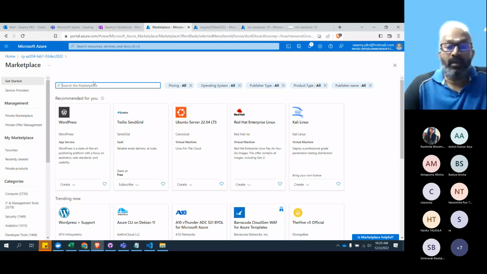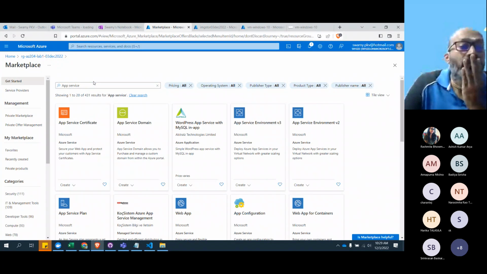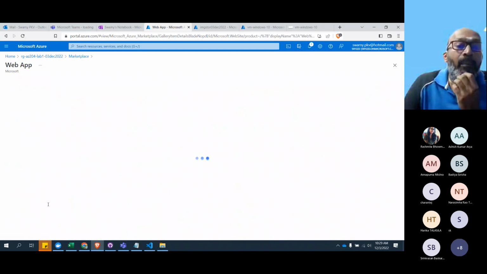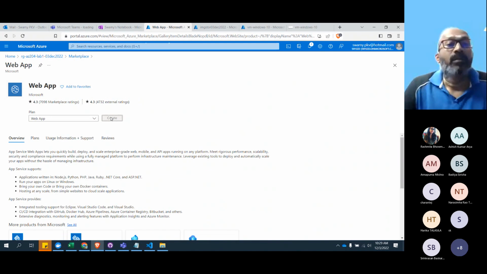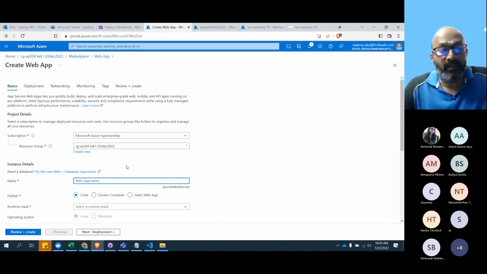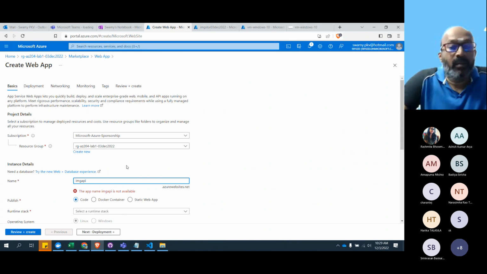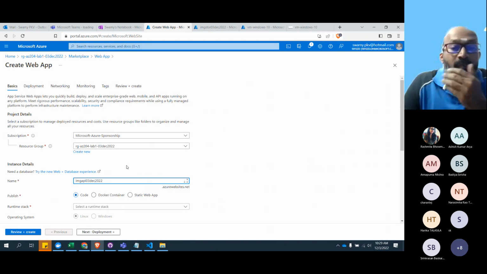We need an app service, a web app. So we have an app service plan and a web app. I'll show you the difference. And this is image API, 3rd December 2022.